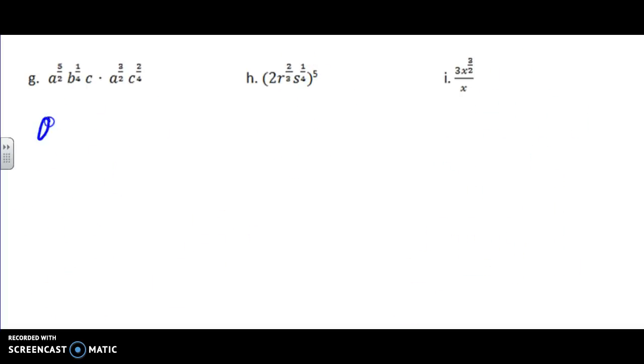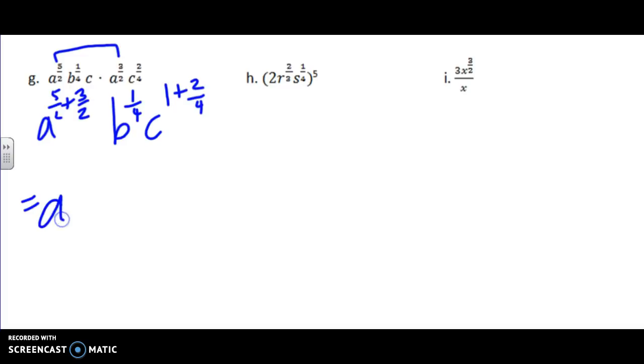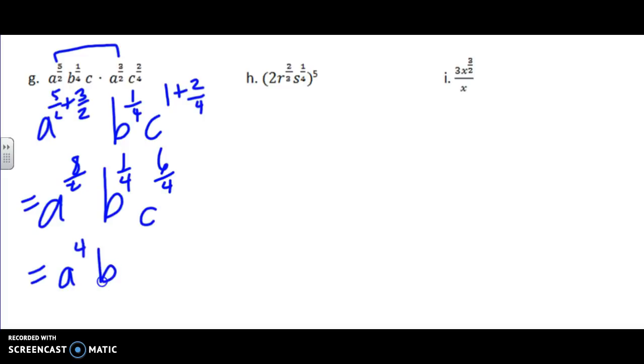All right, so we have the A. Let's regroup. Let's add our 5/2 plus our 3/2. Our B's, we don't have any other B's, so it's going to stay 1/4. We have C. This is 1 whole plus 2/4. You have to remember how to do fraction math here. So this becomes A, oh, that's bad, 8/2. That's ugly. B to the 1/4. And C, this is going to become 6/4. So if we simplify, we got A to the 4th, B to the 1/4,